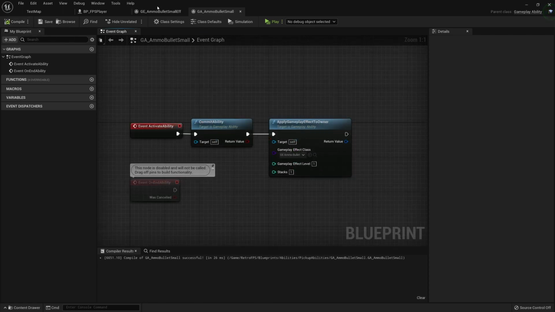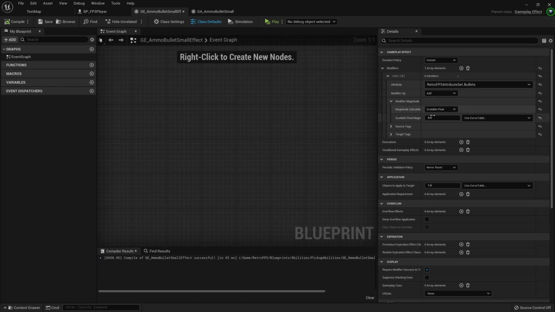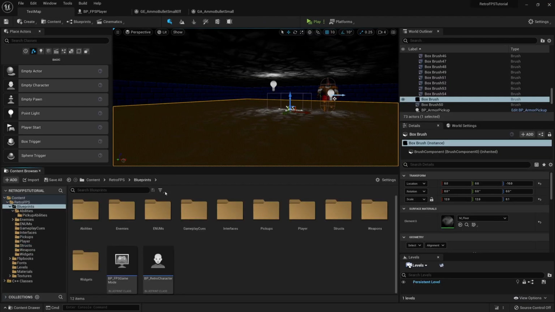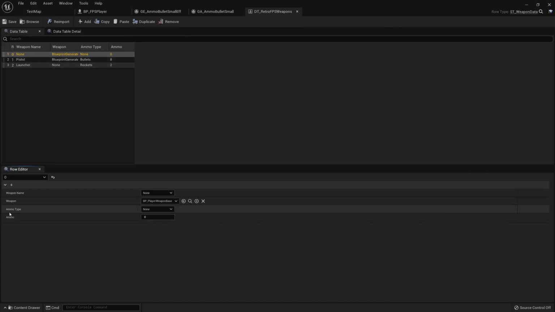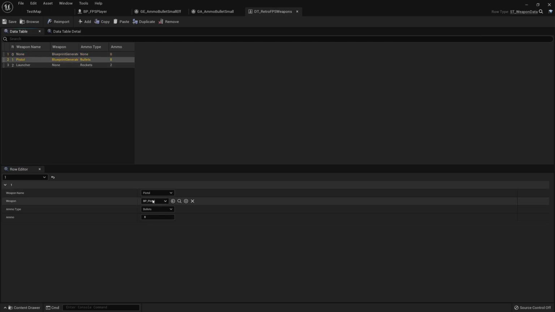So since we actually specify that 8 units of ammo are being added to the stat, we actually don't need to specify the amount of ammo here that is being given. So we say 8 here, but instead of that, since we're never really going to read this, we should just specify whether or not it's a small pickup or a large pickup.